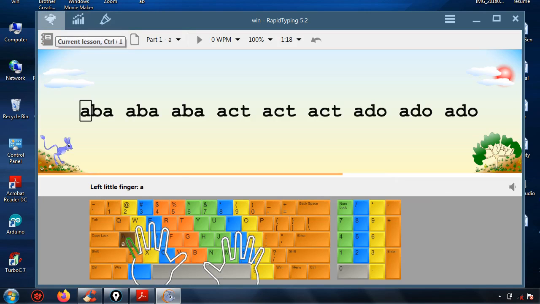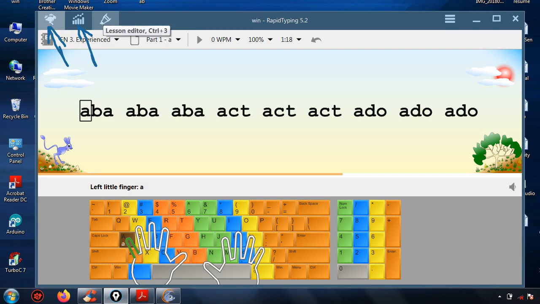Current lesson, right. To see the lessons, to open the lessons, chapters, or whatever I will practice, we can even create new lessons, right. So for that we will do from here. To see the current student statistic about the performance, I can see from here, right. Understood. And this option is for what? Lesson editor. To edit the lesson we can do from here, right. So these three are the options available in the left upper corner, right. Understood.